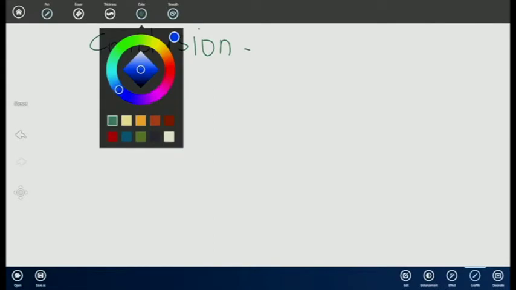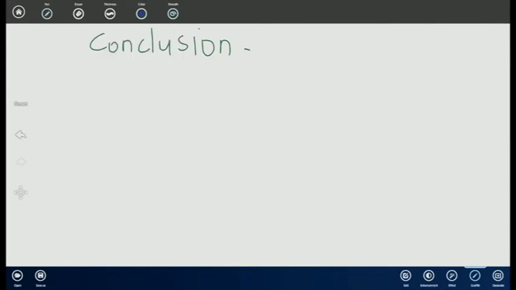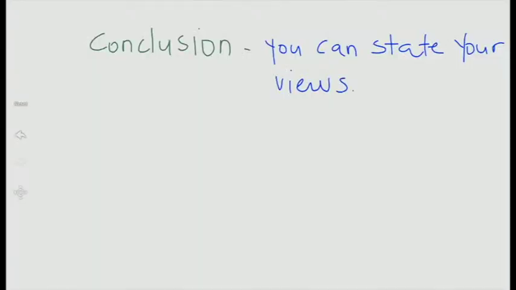So now we're going to the conclusion. We are looking at the conclusion of a discursive essay. Remember with this one, we said that in a discursive essay, in the introduction, you don't have to take a stand. But the conclusion is the only part that allows you to present your own views. So it is in this conclusion that you state, it is the only time where you are allowed to state what you think,